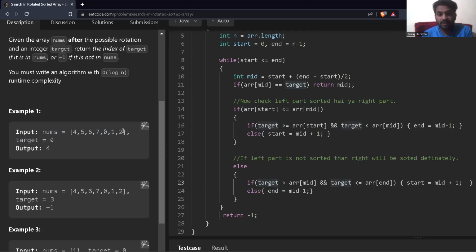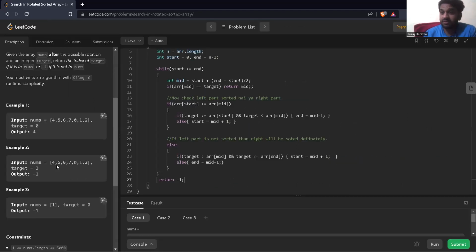चलो तो अब टारगेट क्या होना चाहिए, टारगेट बड़ा होना चाहिए arr of mid से, ना। तो मिड पे जो भी है टारगेट बड़ा होना चाहिए, और क्या होना चाहिए, टारगेट इससे छोटा होना चाहिए, end से छोटा होना चाहिए, जो end पे value है उससे छोटा होना चाहिए, और जो mid है उससे तो थोड़ा सा बड़ा होना चाहिए। और अगर ऐसी कंडीशन मीट करती है तो भैया start equal to mid plus 1 कर दो, else end equal to mid minus 1, this is the simple सी कंडीशन, and last में हम -1 return कर देंगे।